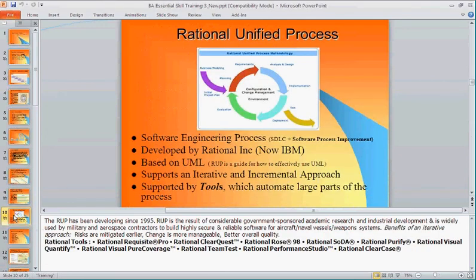Next, we come to rational unified process. Now, rational unified process is the golden methodology. Okay. You can do pretty much any project using rational unified process. However, you have to keep in mind,